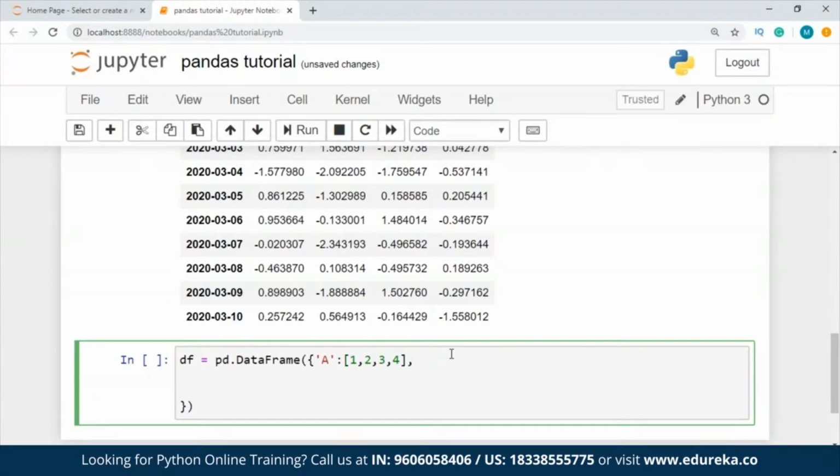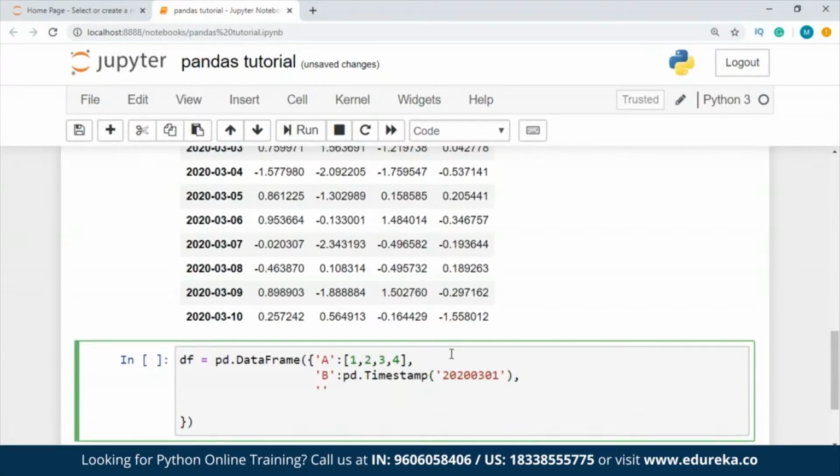After this, my next value is going to be, let's say, B, and I'm going to pass a timestamp, let's say. And for the timestamp, I'm going to use the same one I have used over here, 20200301. I've used the same, right, and after this I'm going to pass one more value, let's say C, and I'm going to use a